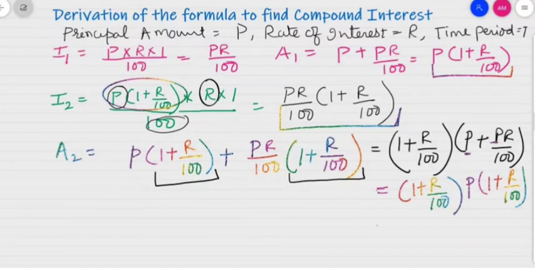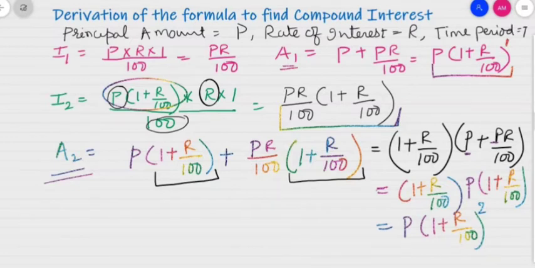Okay, so see, if you take out P in the beginning, you will see that it will be P into 1 plus R by 100 into 1 plus R by 100, so that will be equal to power 2. Okay, now see, when you have taken out amount for the second year, you are getting P into 1 plus R by 100 power 2. If you are taking amount for the first year, you are getting P into 1 plus R by 100 power